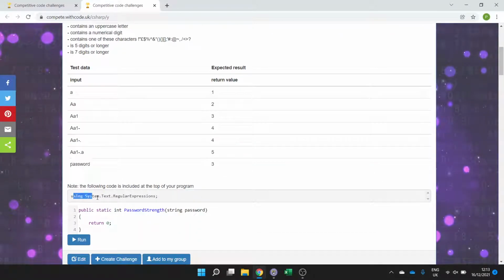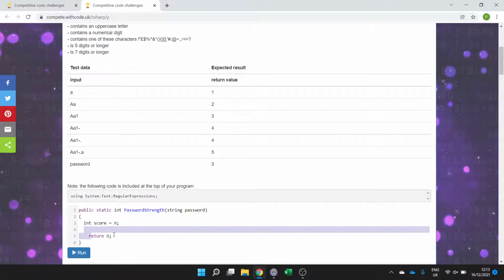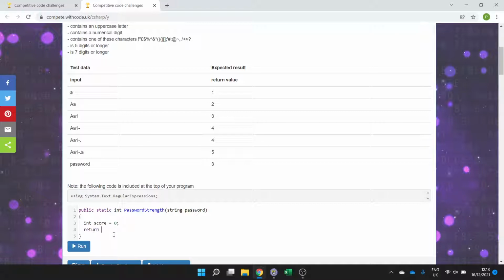So I would recommend that you use regular expressions, and we want to test the password to see if it meets certain criteria. So let's create a variable called score or strength and set it to the default of 0, and then at the end of the function we can return that value. So a password with no text in is going to be 0 in score. Right, so then we can do